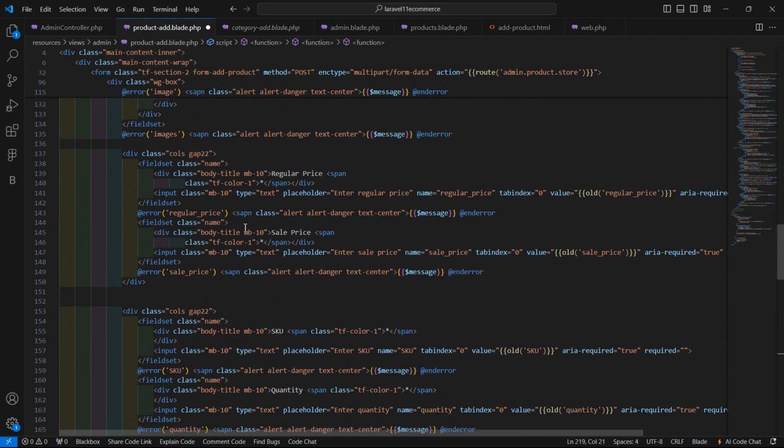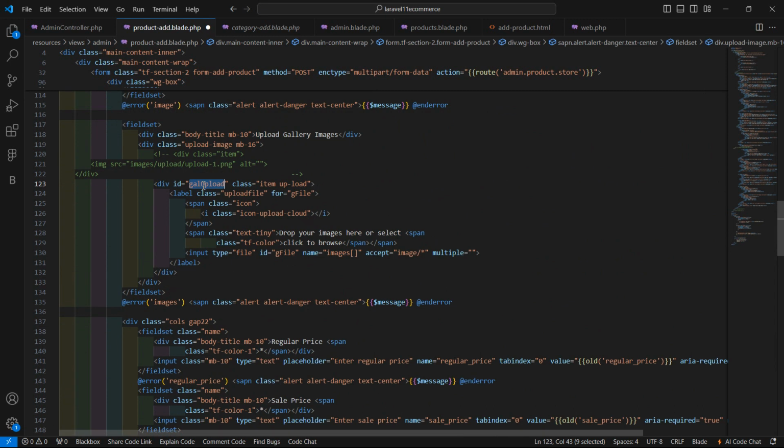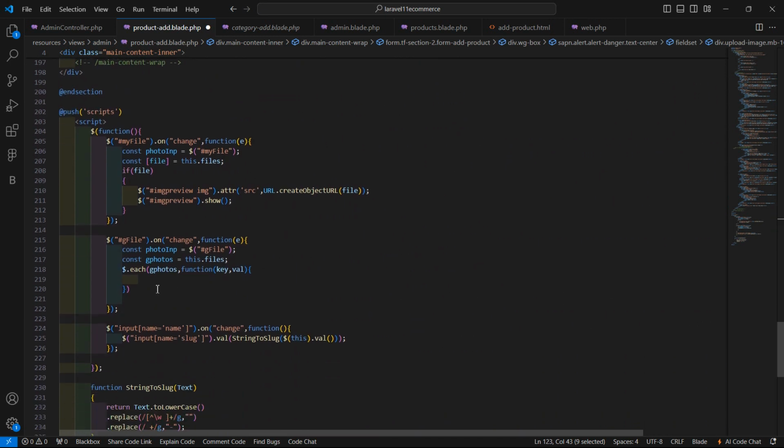let's copy this ID. Okay, galUpload, and here just write dollar, inside the double quote add the hash sign and this ID, a space, then .prepend, and then inside this add this sign, and here simply write div class, and then classes gitems, a space gitems. Okay, and close this div